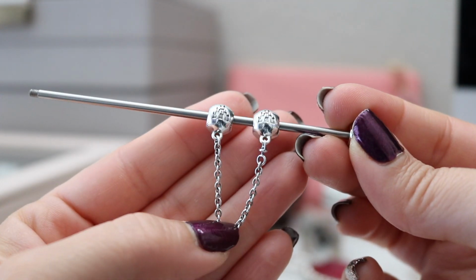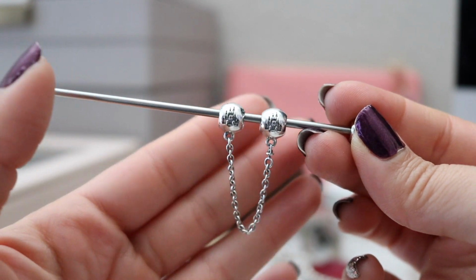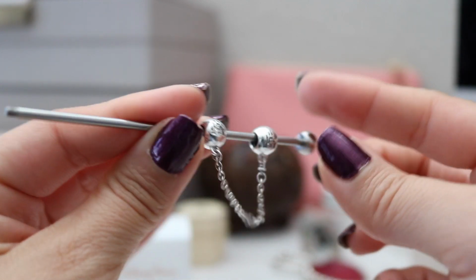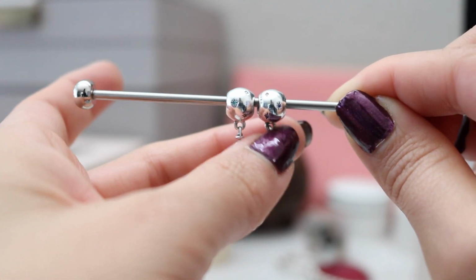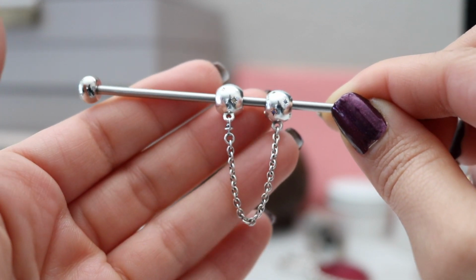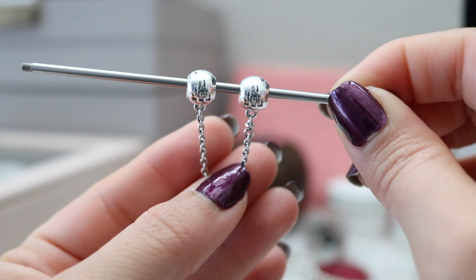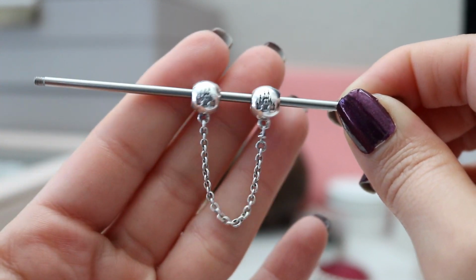The next item I had to get was the safety chain. Again, these are previous releases, but I just hadn't been back to the parks to pick them up. The safety chain has that same castle that we just saw on one side, and then on the other you have the multicolored CZ kind of looking like little star detail on there. It keeps catching the reflection of my camera, so I'm like, can you see the detail? I'm a huge fan of safety chains. I'm a huge fan of Disney. I'm a huge fan of this castle,